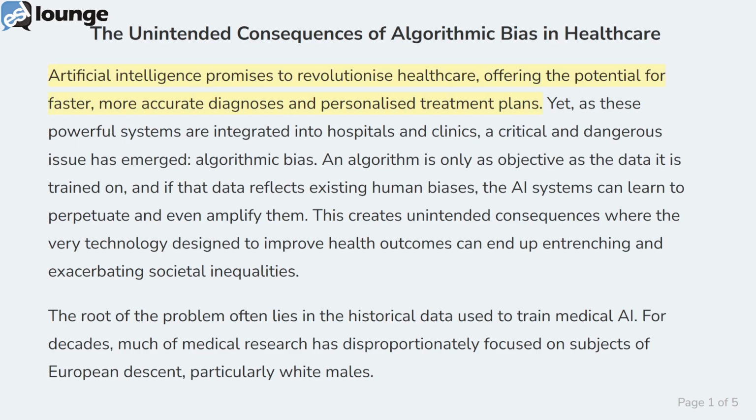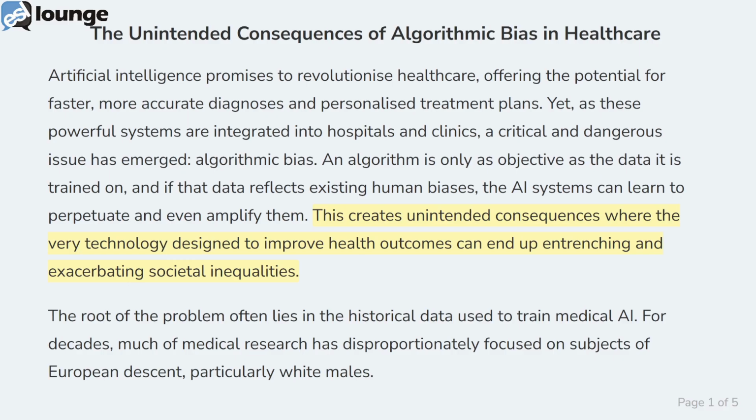Artificial intelligence promises to revolutionize healthcare, offering the potential for faster, more accurate diagnoses and personalized treatment plans. Yet, as these powerful systems are integrated into hospitals and clinics, a critical and dangerous issue has emerged: algorithmic bias. An algorithm is only as objective as the data it is trained on, and if that data reflects existing human biases, the AI systems can learn to perpetuate and even amplify them. This creates unintended consequences where the very technology designed to improve health outcomes can end up entrenching and exacerbating societal